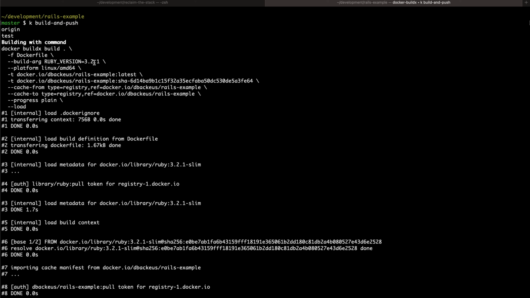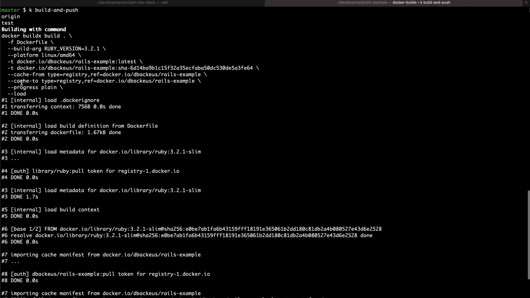It auto-detects if there is a Ruby version file. It passes in Ruby version as the build arg, which is also part of the Rails default Dockerfile, shipping in Rails 7.1. Platform will be Linux AMD64, which is also the reason this will take forever to build on macOS because of the emulation involved. And for tags, it uses the Docker repo registry that we configured during the context configuration,